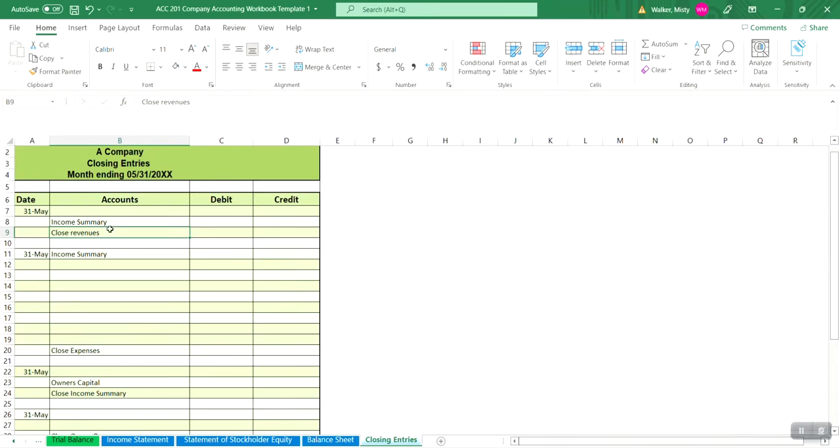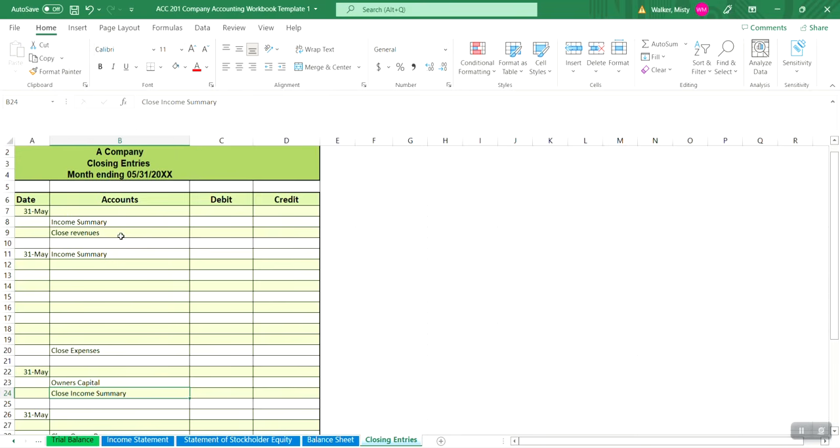So you'll notice that I've indicated exactly what we're achieving with each of these four required entries. First, we're closing revenues, then we're closing expenses, then we're closing the balance in the income summary account into capital, and then we're closing those draws into capital. As we look to close revenues, our goal in closing revenues and expenses is to reset those temporary account balances back to zero so that in the month of June, they start accumulating only June revenues and expenses, right?